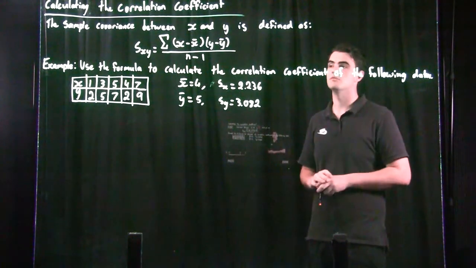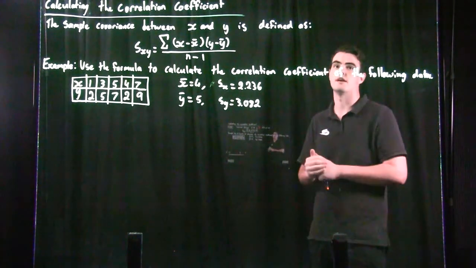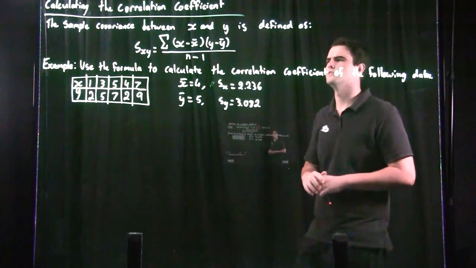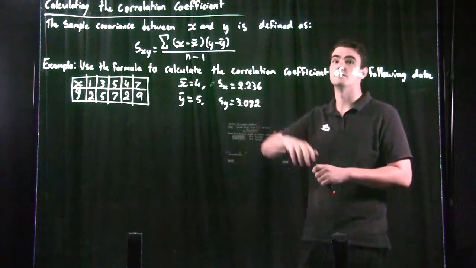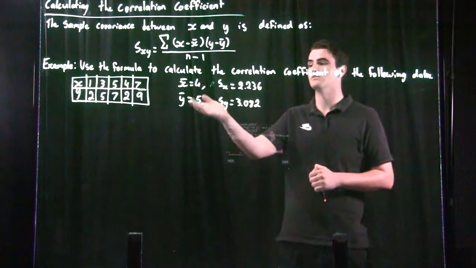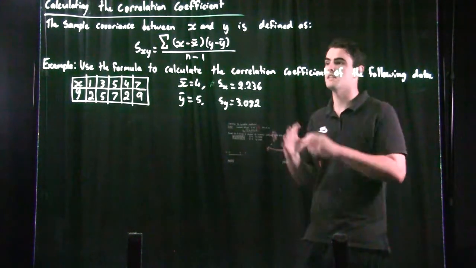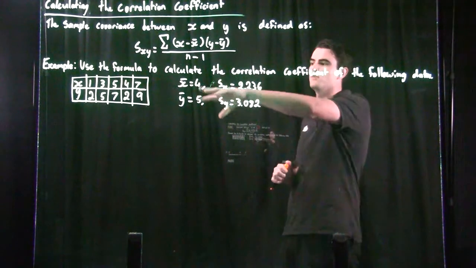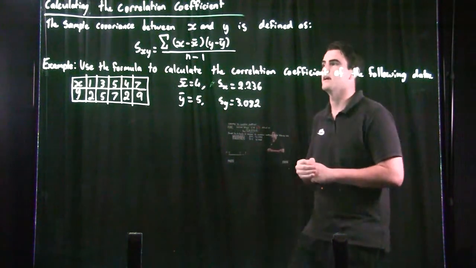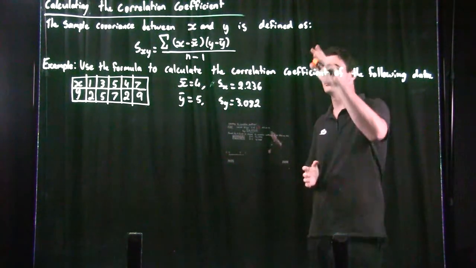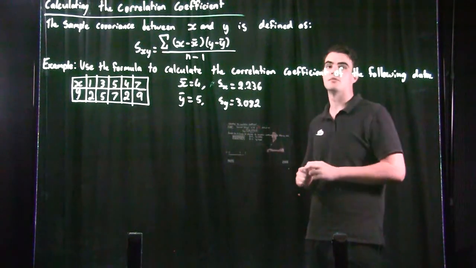In the previous question, it was given to us. This time we're going to figure it out. So don't be scared off by this. All this formula is saying is that it's the sum of the x values take the mean, multiplied by the y values take the y mean. That's all that formula is saying, and we just divide it by n take 1, and we can get our sample covariance. So copy this formula down, and I'm going to make a start on this worked